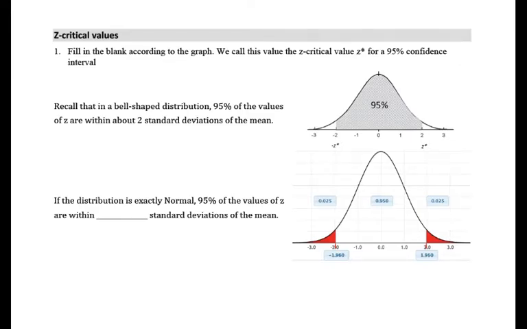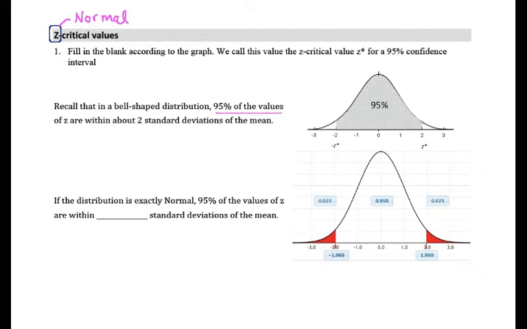To further the subject of confidence intervals, we're going to take a look at what we call z-critical values. Remember that we use z generally when we're talking about normal distributions. So looking at this bell-shaped curve here, we saw early in the course that the 95% rule states that 95%